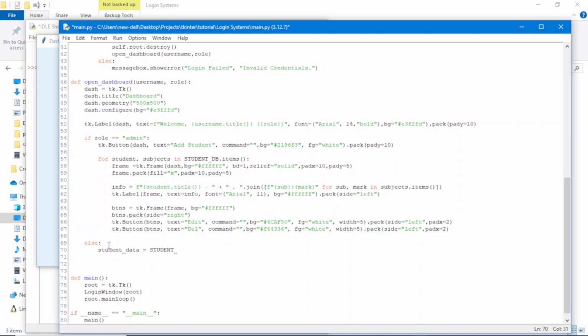Student user. So if student data, for subject items,